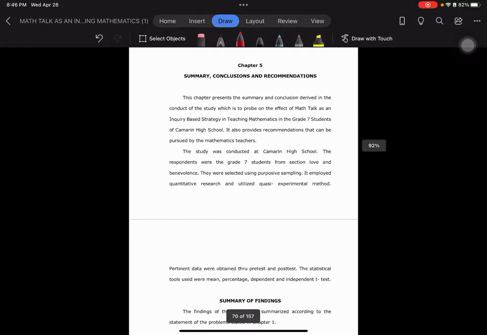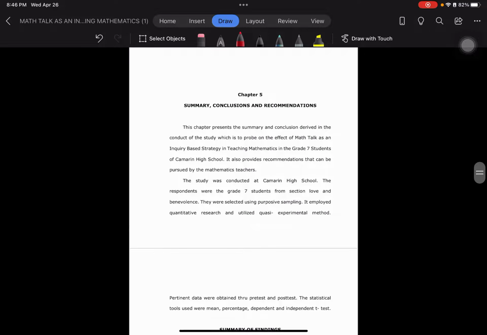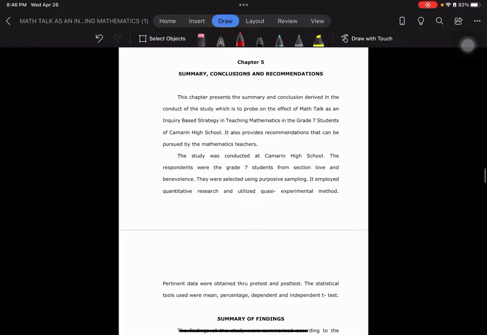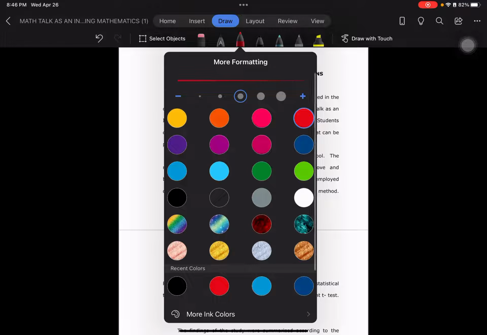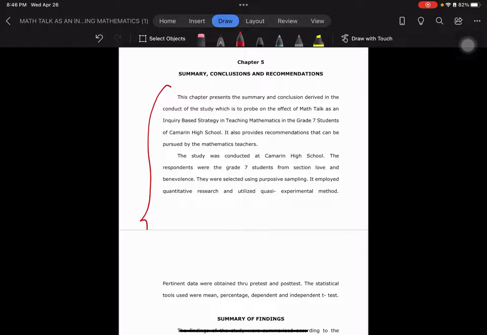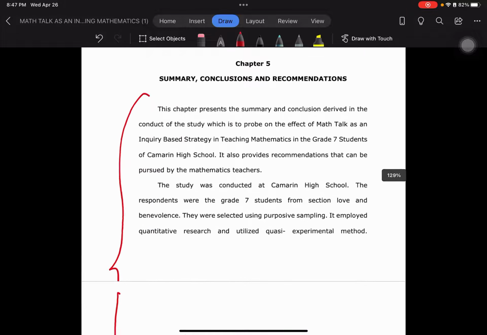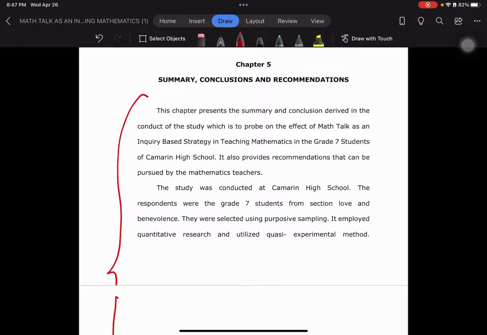And then as you can see, before the first part, the summary of findings, there are 2 paragraphs written here. So again, if you recall in our discussion, the introductory statement, which is this part, should contain or introduce the content of the chapter. Okay, so as you can see, if we're going to go through the first sentence, this chapter presents the summary and conclusion derived in the conduct of the study, which is to, again, the restating of the title or the